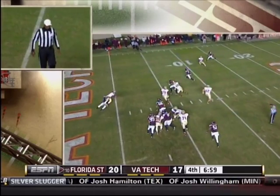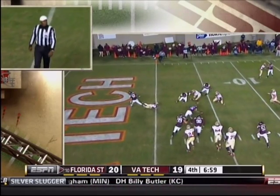Two things I hated about this. One, the play call of why you'd run